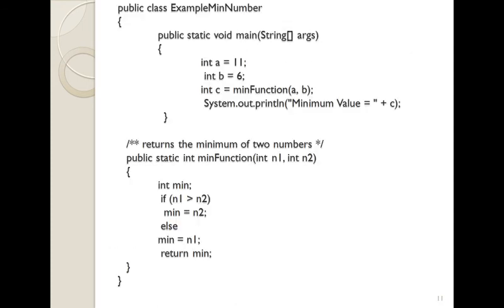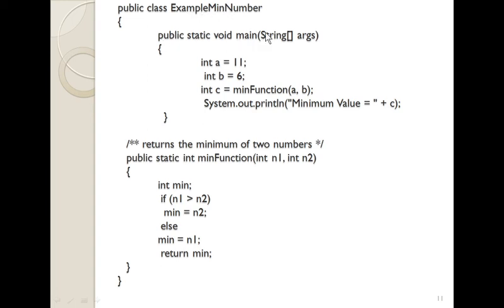Now we see a simple example. In this example, I take a class named MeanNumber. Here public is the access modifier, then class, and this is the class name.